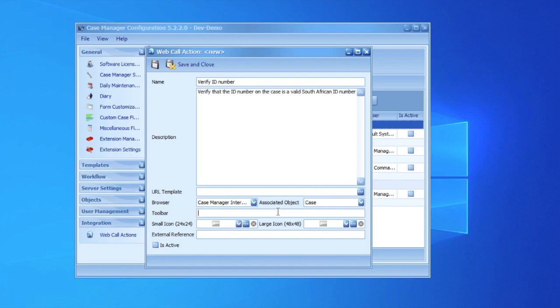The actions can also be grouped by toolbar. Now this is the open text field. All the actions with the same name will be grouped on the same toolbar. You can also view the standard toolbars in Case Manager by customizing the toolbar, and then you'll see the names, and you can use one of those names as well to add the action to that toolbar. So I'm going to call this, let's call this web call for now,